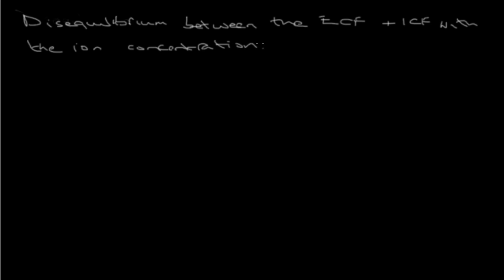So this is the concentration of sodium and potassium inside the cell and the sodium and potassium outside of the cell. And this is important when it comes to things like electrical activity and movement of fluid in and out of the cell. And we'll see later on how this physiology becomes important. But this disequilibrium needs to be maintained because there are channels